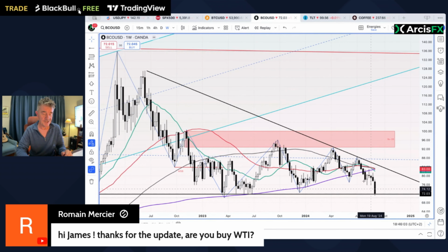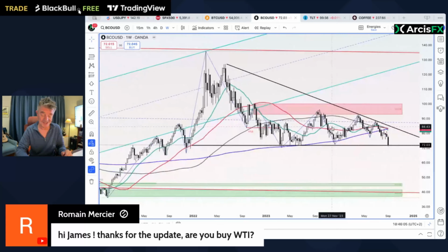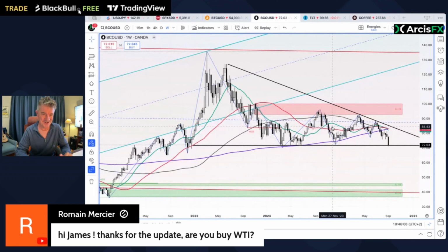Normally, a trend line or a horizontal bottom won't last that long. I'm surprised this one has. I know why we've lasted this long. It's because we've had all sorts of problems going on in the Ukraine and in the Middle East, and that's kept this unnecessarily high. Now that might be resolving, maybe, with a Trump presidency coming in, maybe, or a more